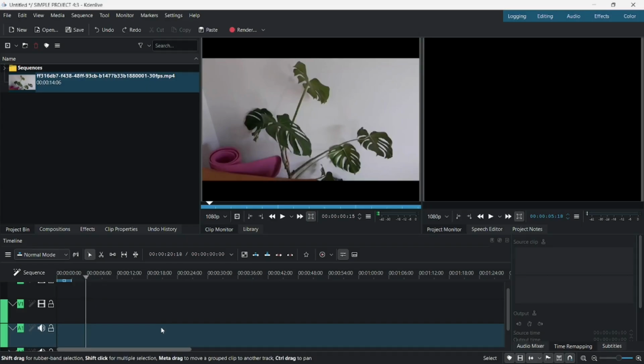Hi, today you will learn how to record audio in Kdenlive. So for example, we have here this project and we want to insert here a new audio which has been recorded with our microphone. So if you want to do it, you need to first check if your microphone is